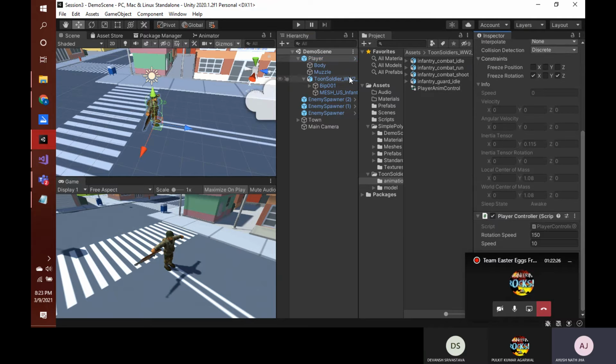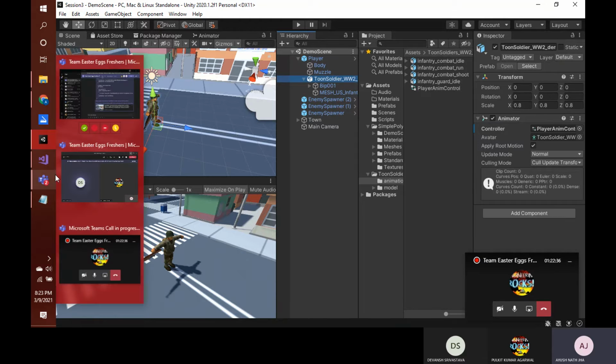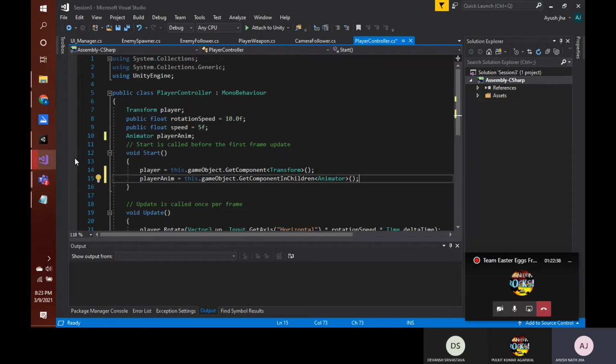Okay, and the toon soldier on which this animator is present is the child of our player. Okay, so to fetch any component from our child, we are using this GetComponentInChildren. You can use this for any component, and since we have only one animator, we'll get only the instance of that single animator that is present on our model.